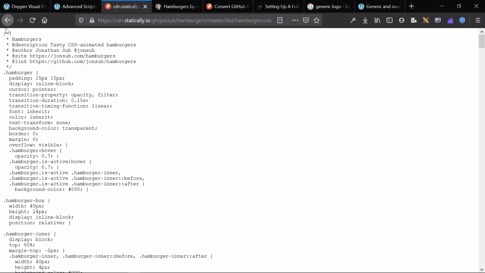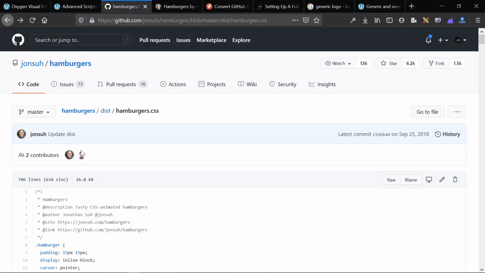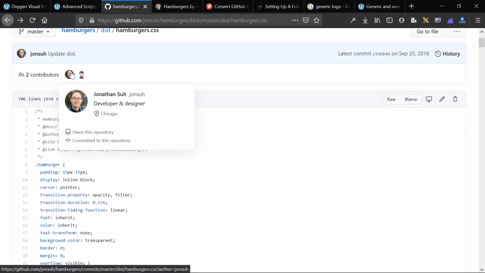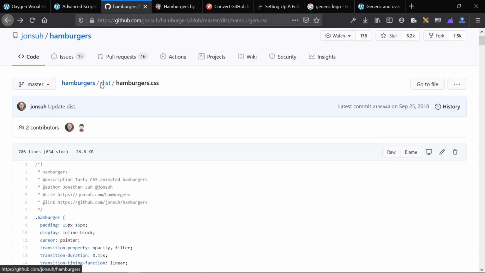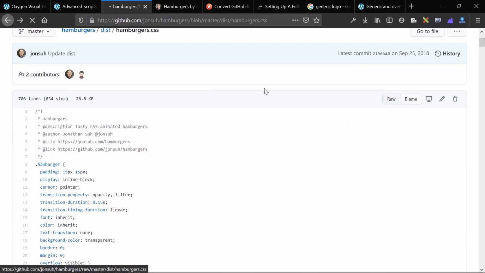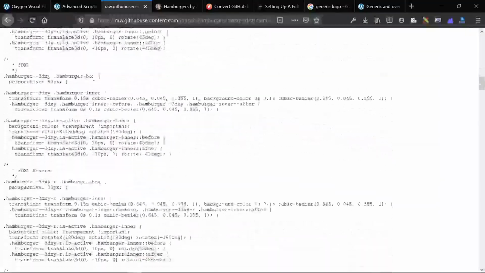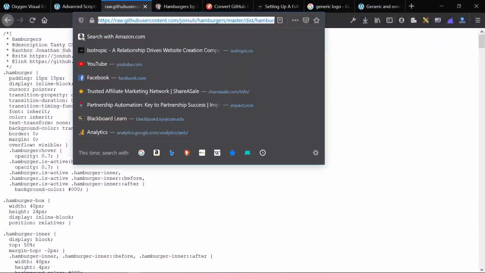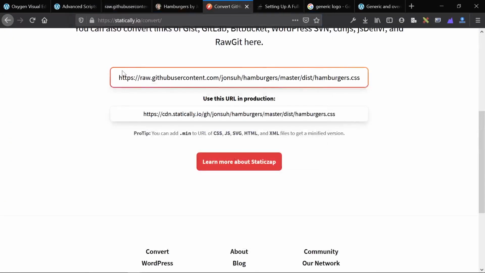I'll show you how I do that. I'm using a CDN to deliver the raw code that can be found on the GitHub. The GitHub is the repository that has all of the CSS code. I've gone to the hamburgers distribution, hamburgers.css, and then I'm going to go to raw, and this is just the raw style sheet that contains all the styles that we need. I'm going to copy this link. I'm going to go to